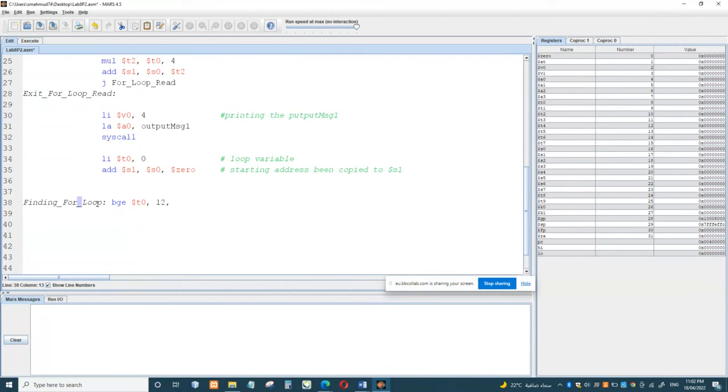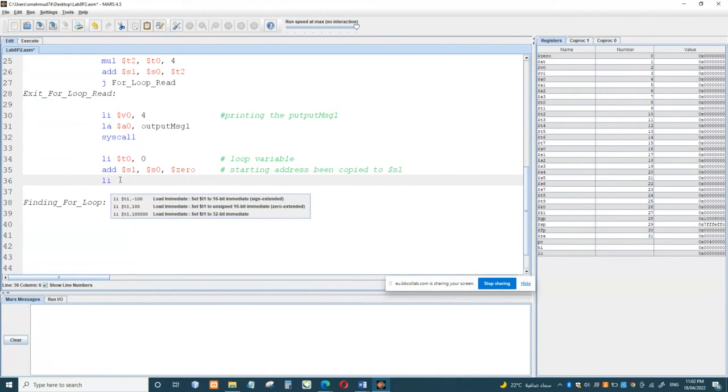This loop will iterate through all the elements of our array, and in each iteration will check whether the number is divisible by 5 and 7. If it is divisible by 5 and 7, we'll display that number, as well as add that number to a sum register. So we need a sum register. We can declare our sum register